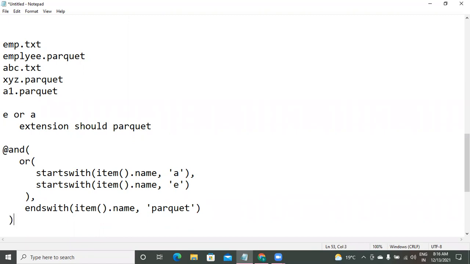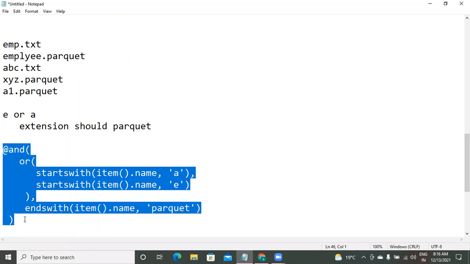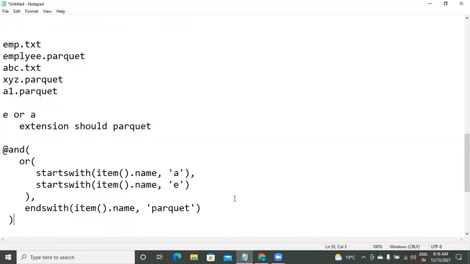Now my AND function is complete. So this is a combination of AND and OR. Got it? It is the same style as how you apply different conditions in SQL or regular programming languages, but there you apply operators, and here those are functions. That's it.